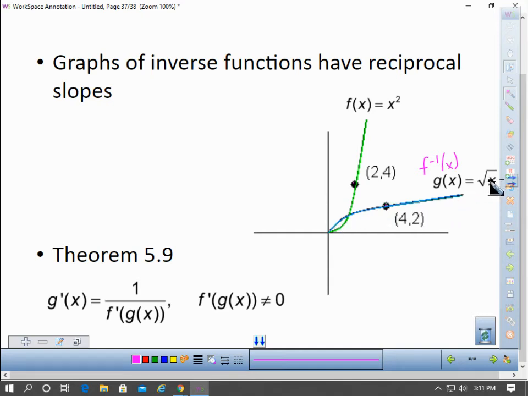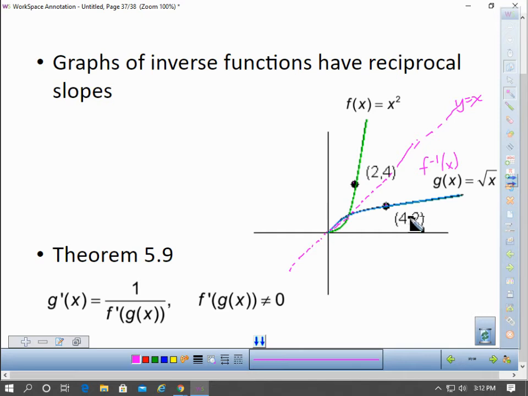So if you put a 4 in there, you get 2. But if you put a 2 into the function, you get the answer 4. So these are mirror points because they are mirror images, remember, across the line y equals x. Inverses are mirror images, so I talk about these as being mirror points where you switch your x and y coordinates. So I have the point (2, 4) on f, and on my inverse, which I'm calling g, we have